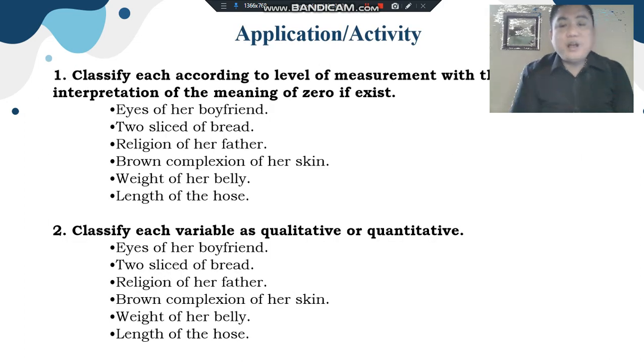So from this lesson, I prepared an activity. The first one is we need to classify each according to level of measurement. So there are four levels of measurement that I discussed. Number one,